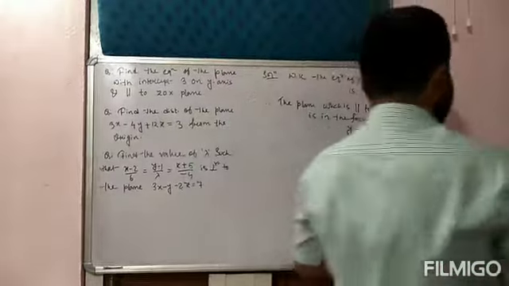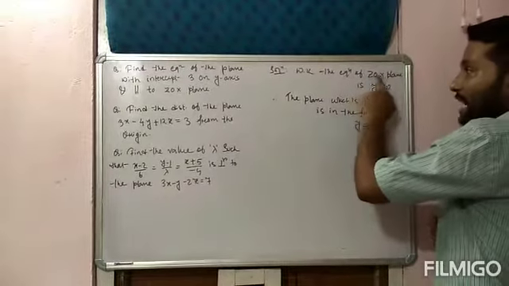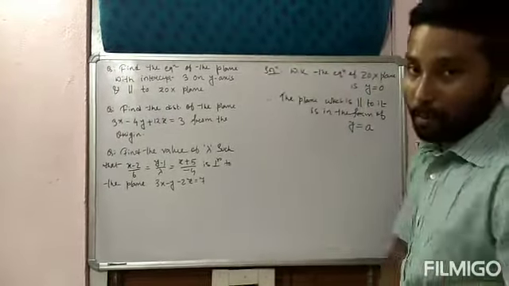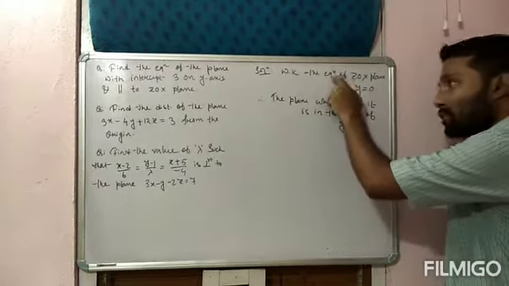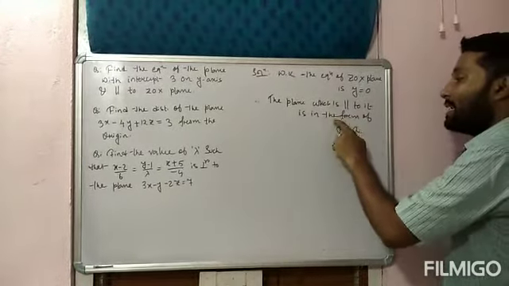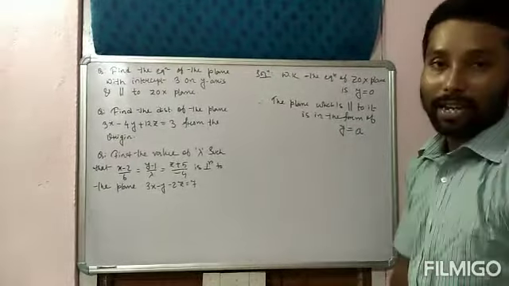Y is equal to a. The equation of the ZOX plane is y equal to 0, but the plane which is parallel to this plane is in the form of y is equal to a. Okay,